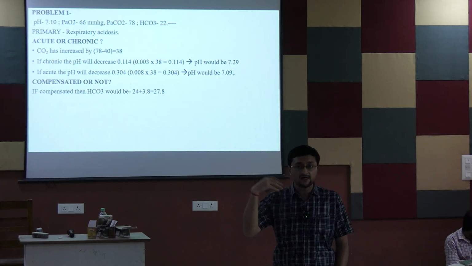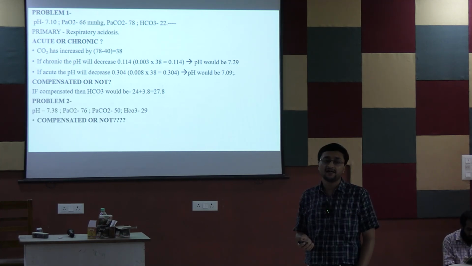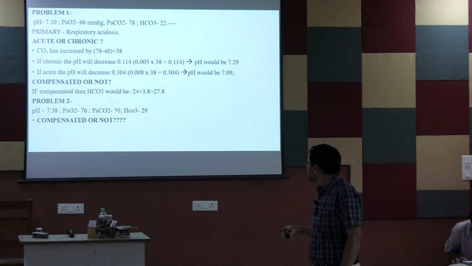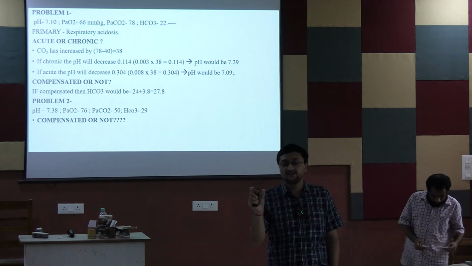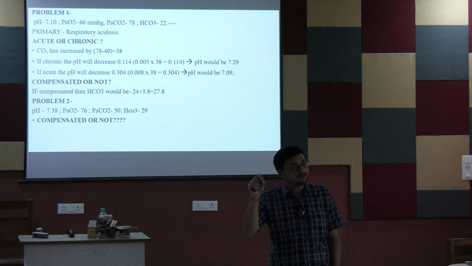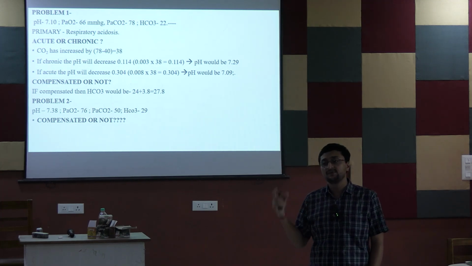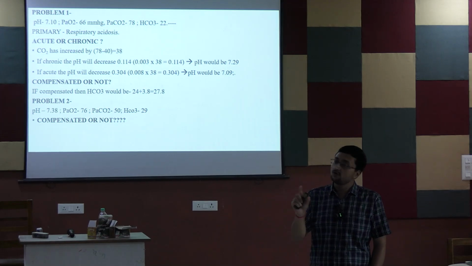আবার বল, যদি এখান থেকে আরো কোয়ারি থাকে এইটা কিন্তু বুঝতেই হবে, দিস ইজ ইম্পর্টেন্ট। চেঞ্জ অফ পিএইচ কত হবে যদি অ্যাকিউট হয়, যদি ক্রনিক হয়? PCO2 is 50, so the change is 10, right? হ্যাঁ, তাহলে এটা 0.08 into 10, তাহলে 0.8, তাই তো? তাহলে 0.8 চেঞ্জ হয়েছে নাকি 0.3 চেঞ্জ হয়েছে? কত চেঞ্জ হয়েছে? ক্যালকুলেট করে দেখ। এটা ক্রনিকই হবে, ওই 0.3 চেঞ্জ হয়েছে। সো 0.3, that means this is a chronic. So this is chronic respiratory acidosis,